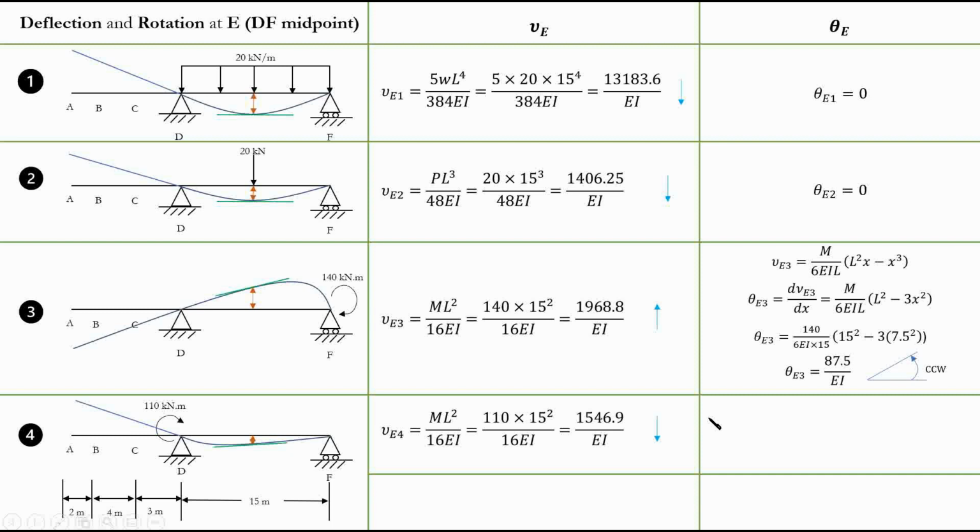Now we can move to rotation. For rotation, we're basically doing the same thing, right? So just use this equation and plug back in this 7.5 meters for x. Instead of M here, we use 110, right? Because the same equation applies. Now we'll use this one. Now we'll see this value. Now, is this clockwise or counterclockwise? Again, as you can see, this value is counterclockwise as well, right? And the reason is